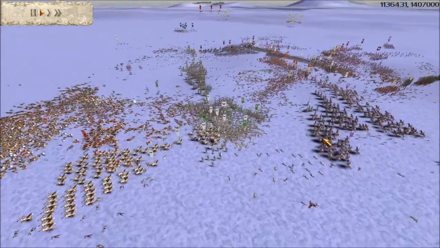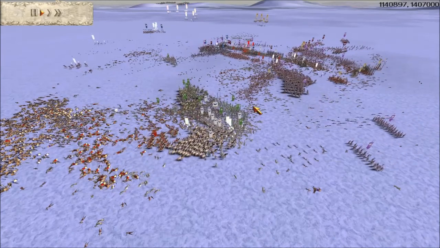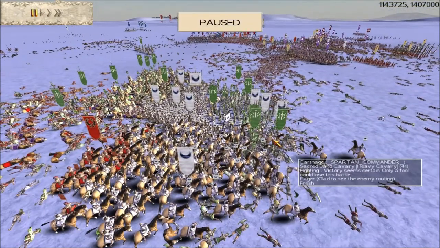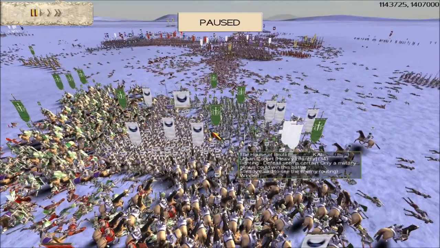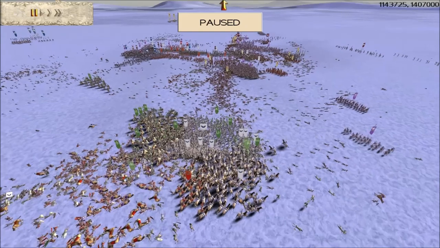If you notice here, a lot of my Carthage army has been surrounded by Brutii troops, and Cal's just charging his cavalry in. Just to pause the game as well. Now, a lot of people don't use Carthage on the 31k battlefield, but as you can see here, their morale is really good. Yes, the general's in with his Carthage pikemen, but they're surrounded, they're being smashed from all sides